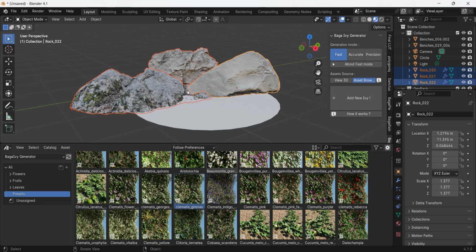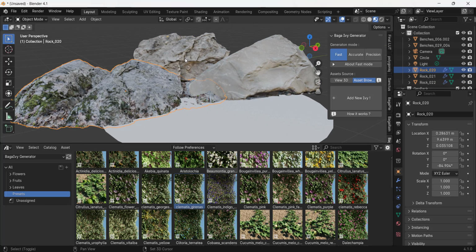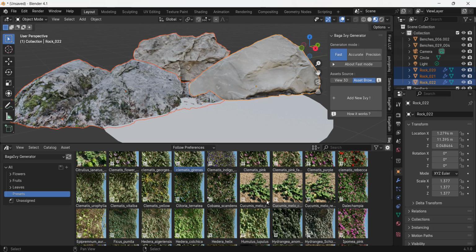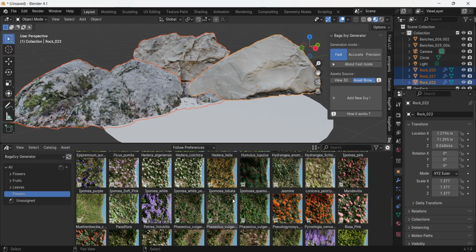inside of your model. But the way that it works is, let's say I wanted to put some Ivy on these rocks. So I'm just going to do a shift click and add all of these rocks. You just need to pick an Ivy down below and draw. So let's say we went with this purple Ivy right here. Notice how we can either import those assets into your 3D view, or you can just select them in the asset browser. But if I click on add new Ivy, what that's going to do is that's going to set